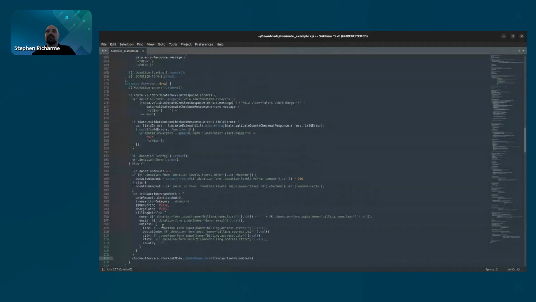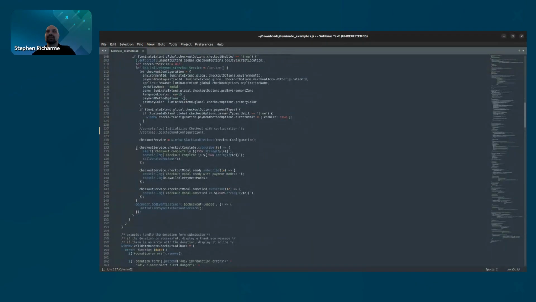If they go through that successfully, that's where these events that I subscribed to earlier come into effect. So either they can cancel, in which case they close that screen and go back to the normal donation form, do whatever changes they need to do there. Or if they successfully submit a payment, the checkout complete event fires, and that calls the donate checkout method